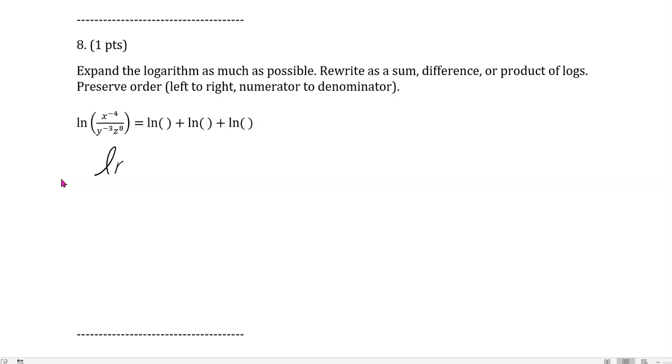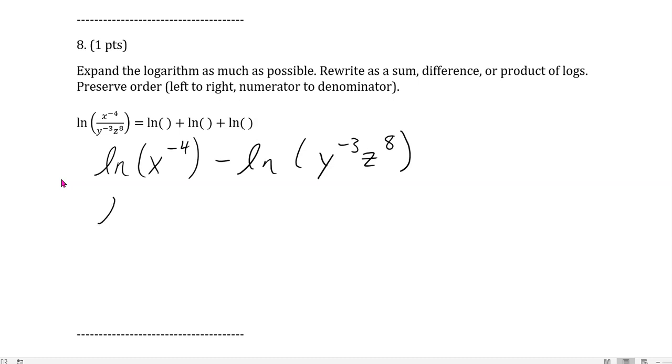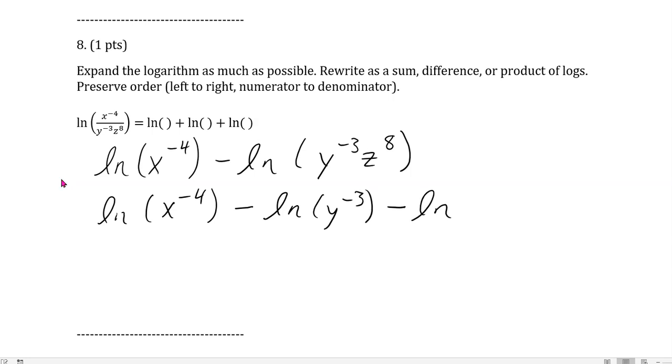Again, we start by writing the natural log of the numerator, and then we're going to subtract the natural log of the denominator. This time we have two factors in the denominator, so we'll apply the product rule to the second term here. However, because they're both coming from the denominator, they must both stay negative. This gives us minus the natural log of y to the negative 3 and minus the natural log of z